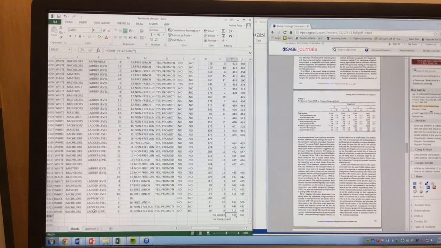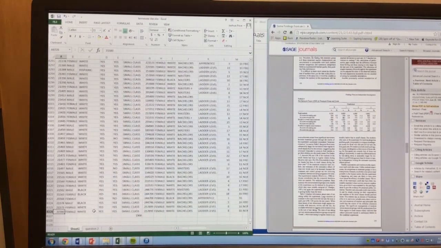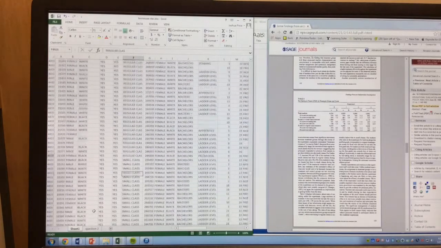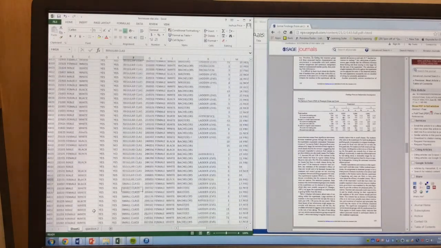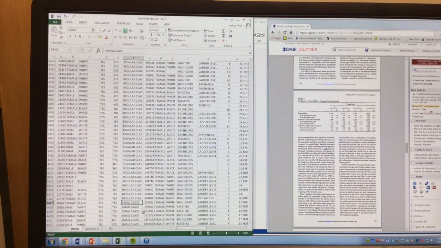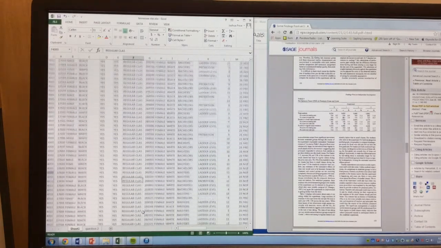Okay, well, one thing I want to think about is what is the range of the small? So small classes is going from 6326 at the bottom end, and if I hit the page up button, I can go all the way up to where small becomes regular. And so my small range is going to be from 4427 down to 6326. My regular is going to end at 4426 and go all the way up to